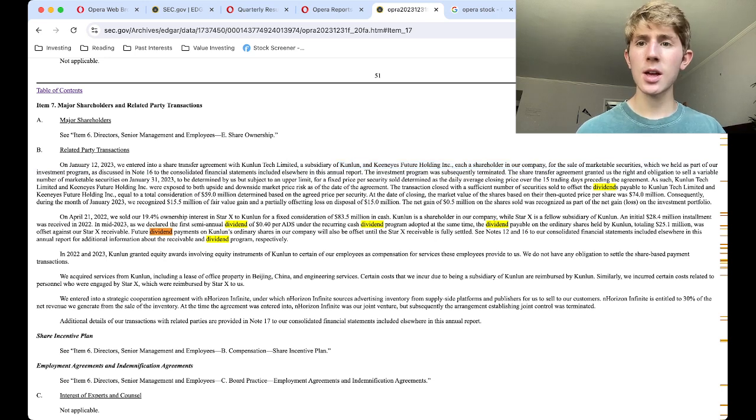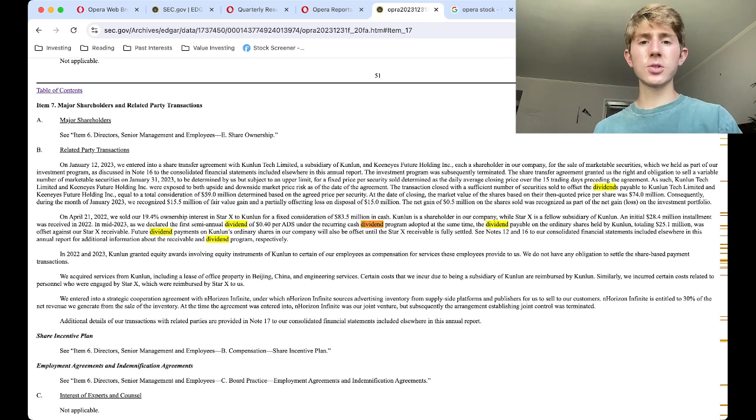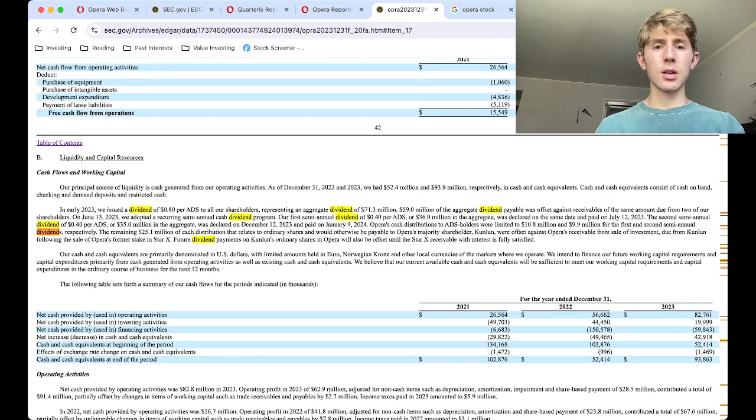So it seems that they pay a large percentage of their dividend to this company that owns a bunch of them, called Kunlun. It seems that they sold 19.4% ownership interest in Star X, I'm guessing another subsidiary, to Kunlun recently. And that is being taken out of the dividends that they owe to Kunlun. So, in short,